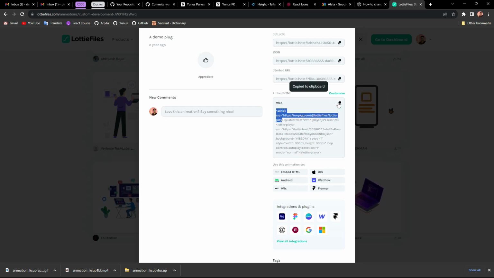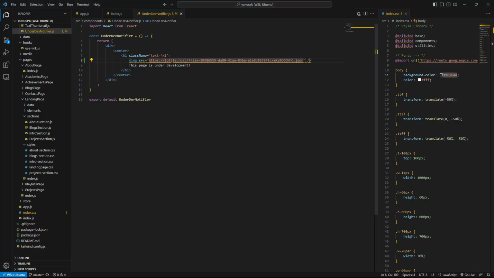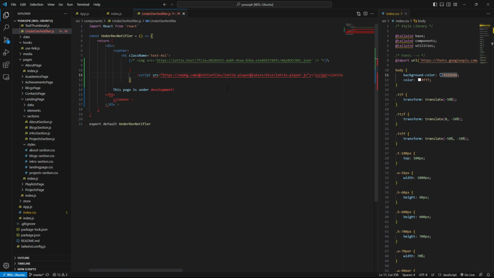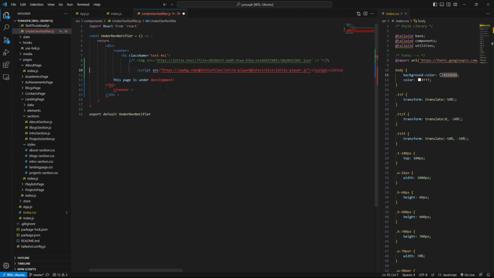Okay, I just copied that. Let's try. They just changed everything. Okay, I'm gonna paste all of that because it's script. Oh, it's just a script tag, I guess. If it's a script tag, then I don't need anything.